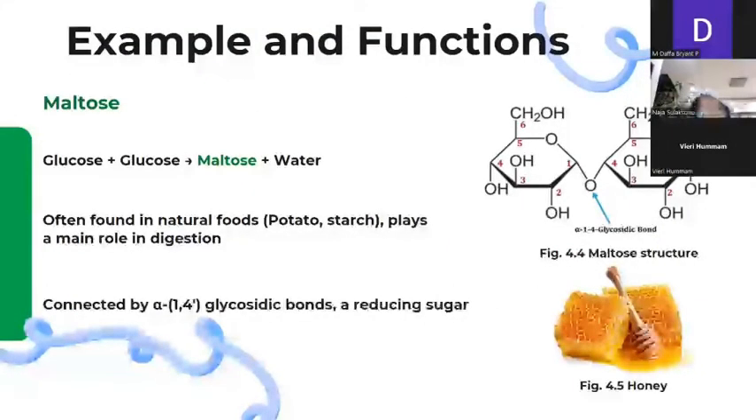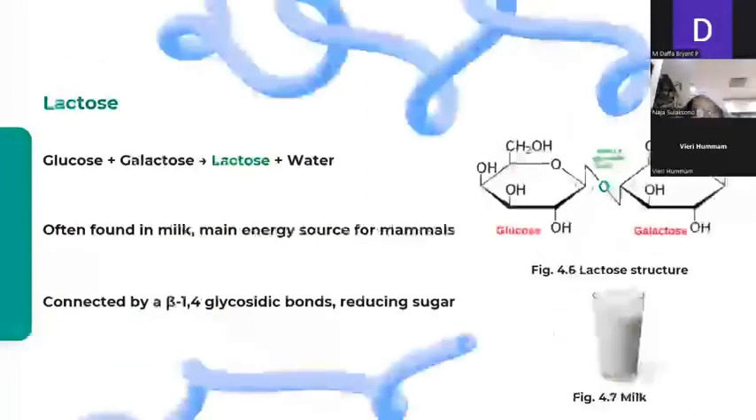And here is the example and function. Maltose is formed from glucose plus glucose, which results in maltose plus water. It is often found in natural foods such as potatoes and starch, and it plays a main role in our digestion. It is connected by an alpha 1,4 glycosidic bond, and it's a reducing sugar. Next,